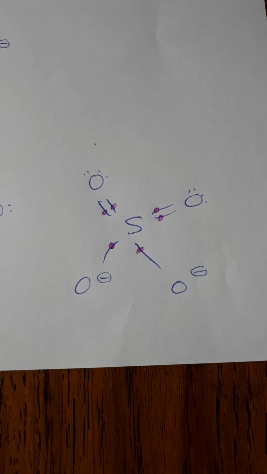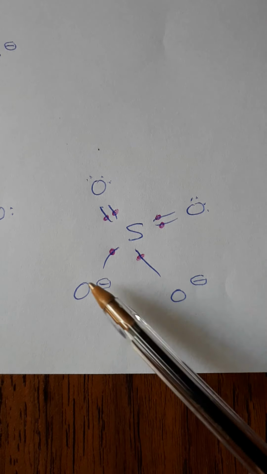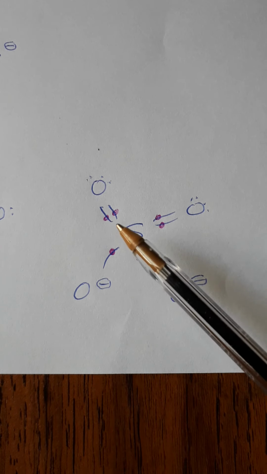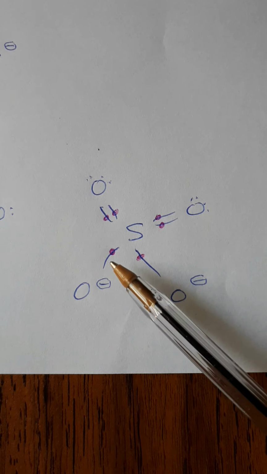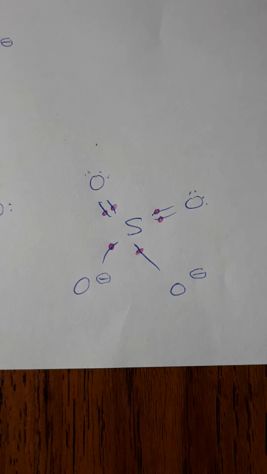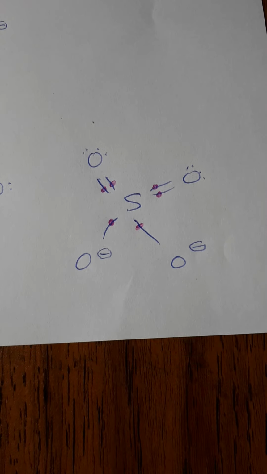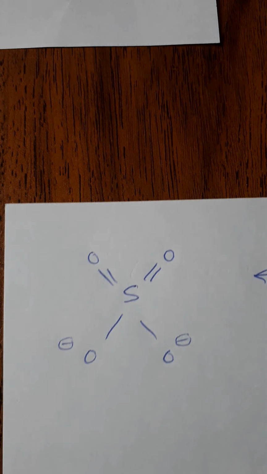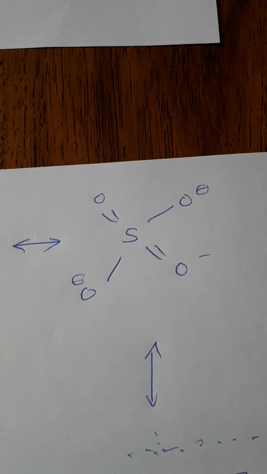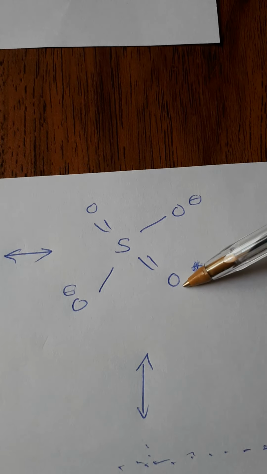But as we saw at the beginning, nothing special with these two atoms. All 4 oxygen atoms are same. So if you want, we can put a double bond here and make this one single bond. So it's a mixture of many different cases, and those different structures are called resonance structures. So this is an example. Now I made these two double bonds, or you can make these two double bonds. See, I have made a mistake here. No negative charge. When there's a double bond, there's no charge.